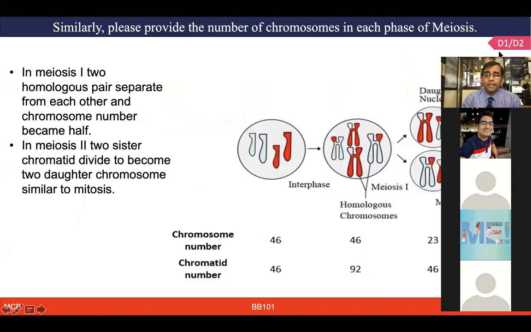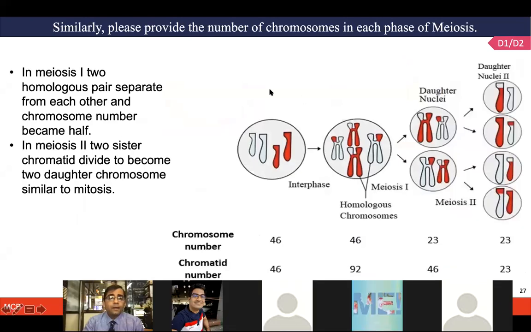And then a similar question. Again, some of these questions we try to club together. Provide the number of chromosomes in each phase of meiosis. Again, you can look at both chromosome numbers and chromatid numbers here. In the interphase of meiosis one, the chromosome number remains the same, 46. Chromatids are going to double here in meiosis one. After the division has completed, the chromosome number became 23, and chromatids became 46. After one more round, now meiosis two is going to happen. At that time the chromosome number is 23 and the chromatid number is 23.